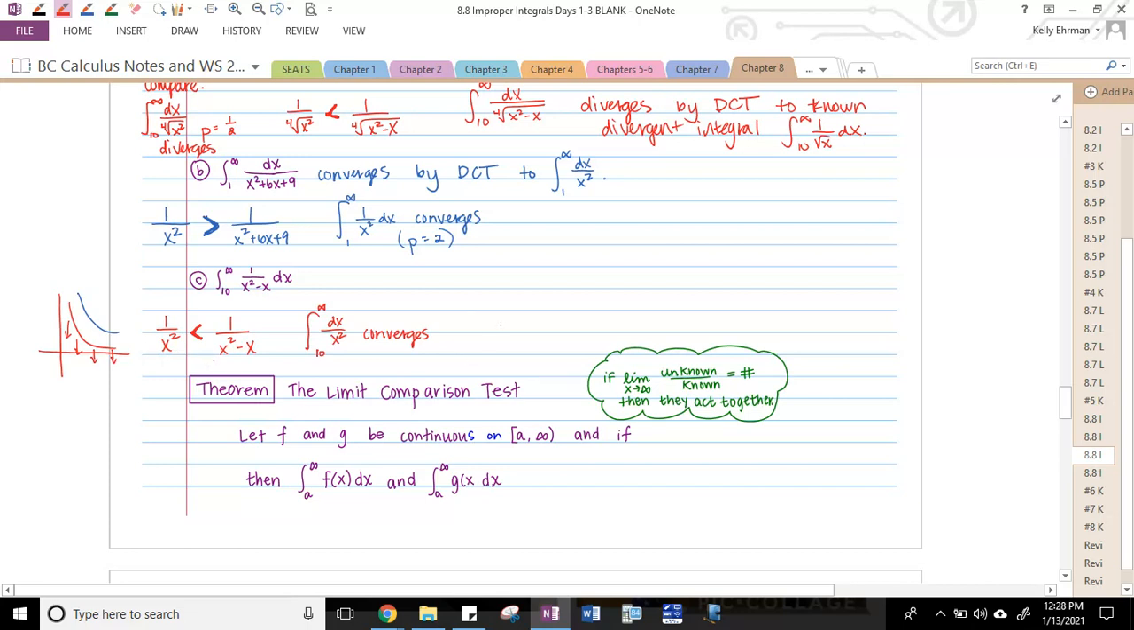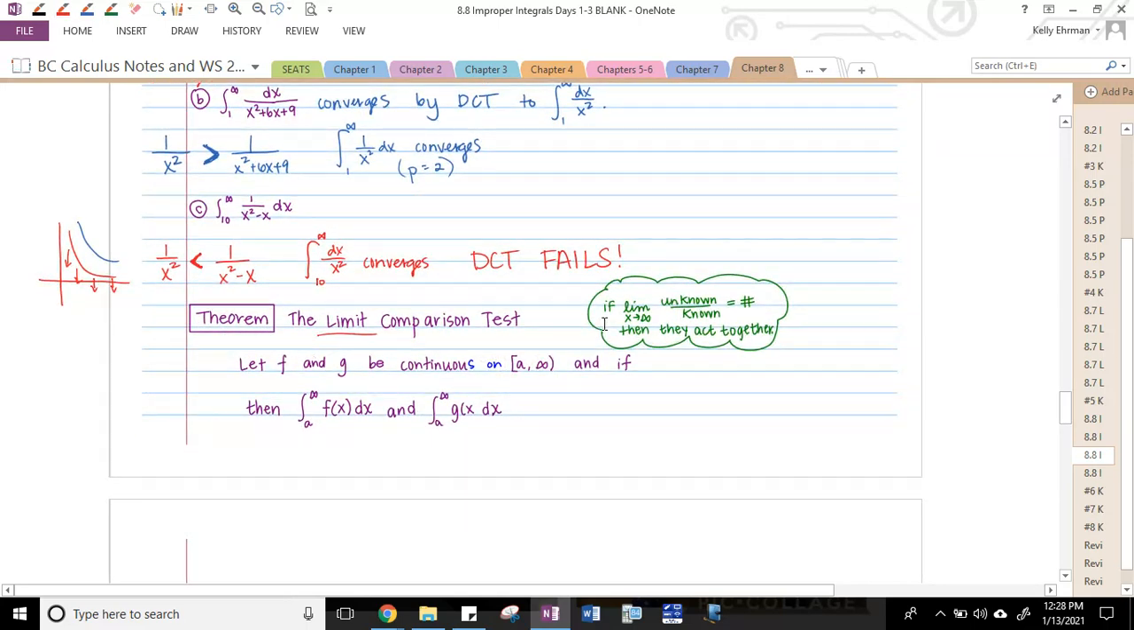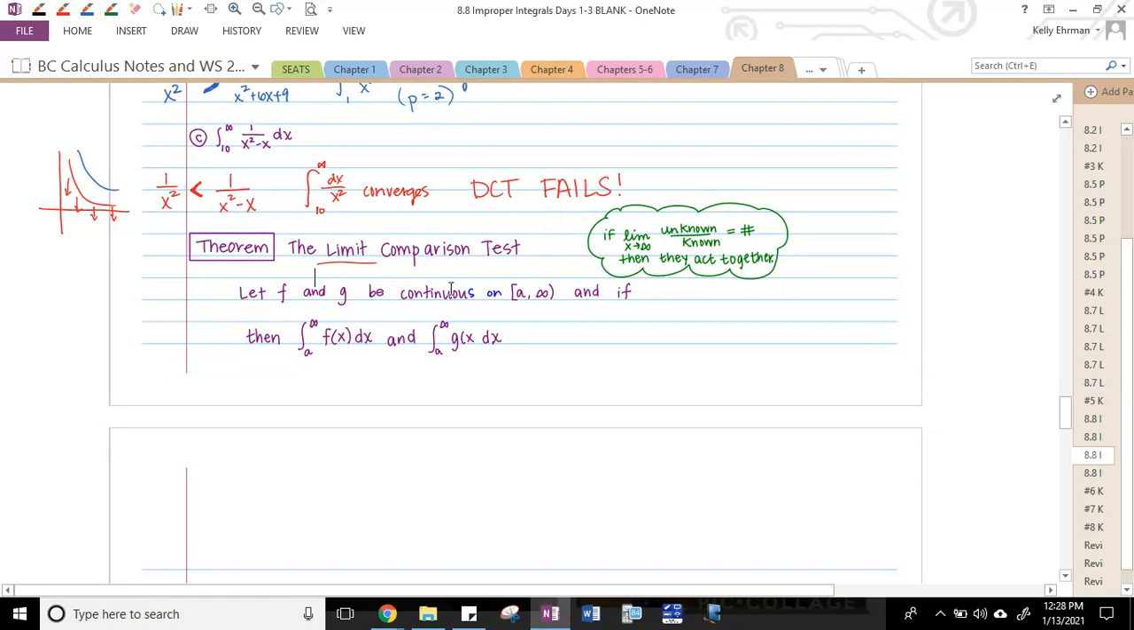Okay, so what do we do? If DCT fails, we have to go to a second theorem. It's called the limit comparison test. All right, so what's the limit comparison test? If f and g are continuous on the interval a to infinity, and if the limit as x approaches infinity of the ratio f of x over g of x equals L, meaning L is a number, some L between 0 and infinity,